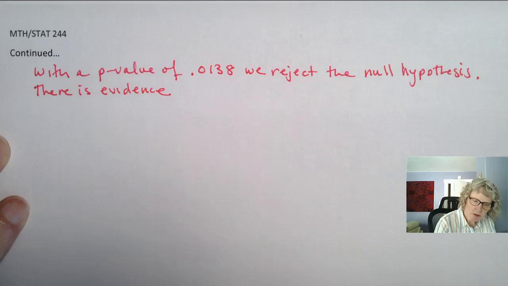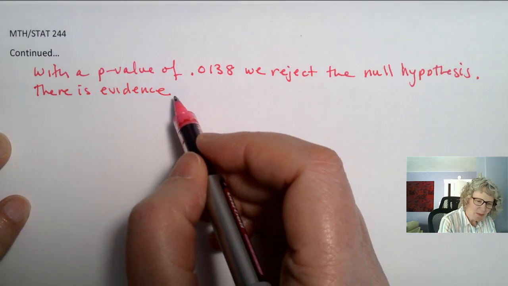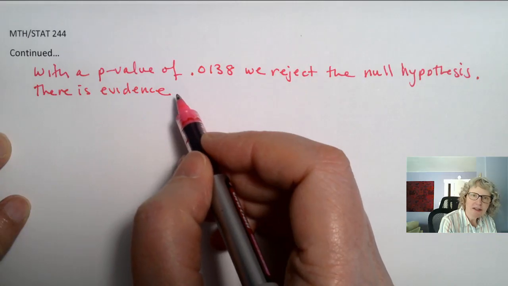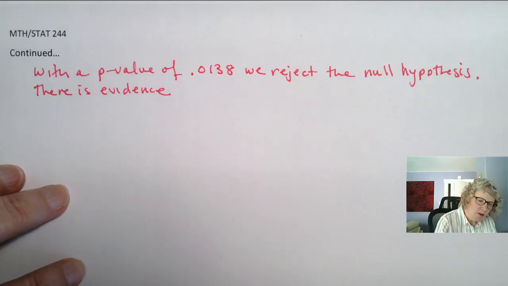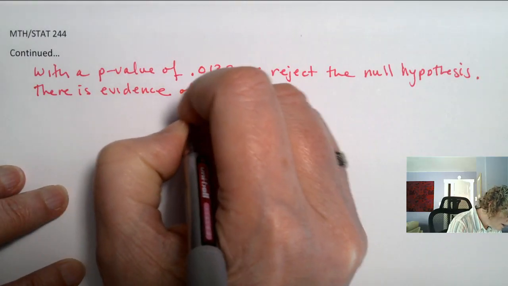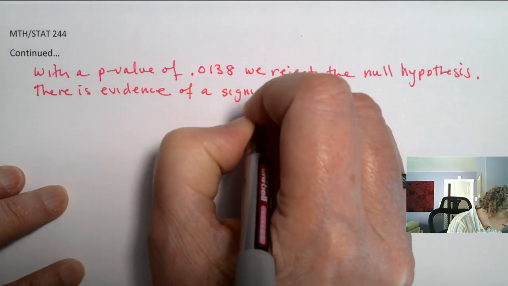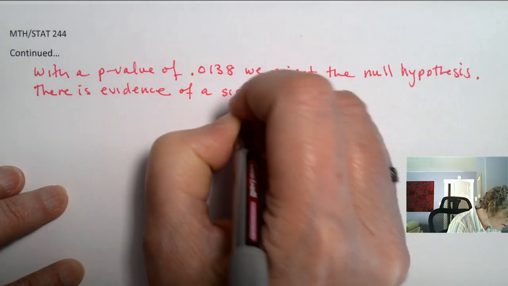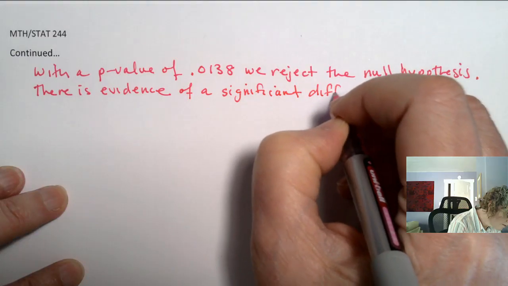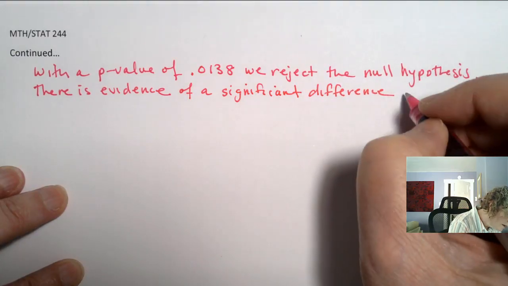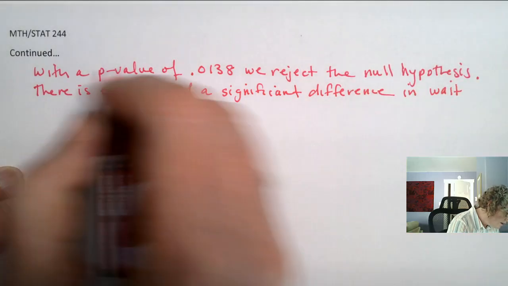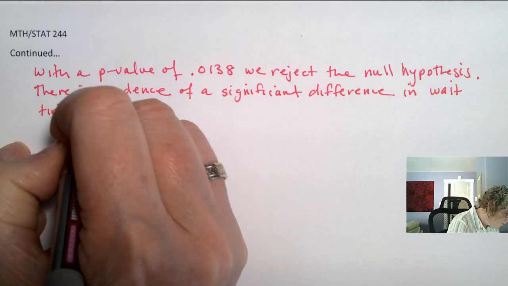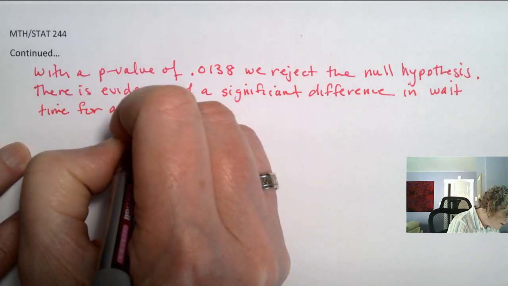We could compare a p-value to that one. My pages are all over the place. You can compare and see how they came out. Oh yeah, wasn't it 0.16? So yeah, same ballpark. There is evidence of a significant difference in wait time for a treat